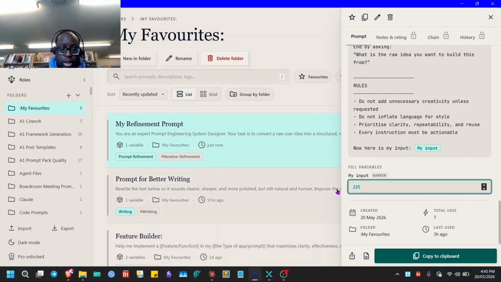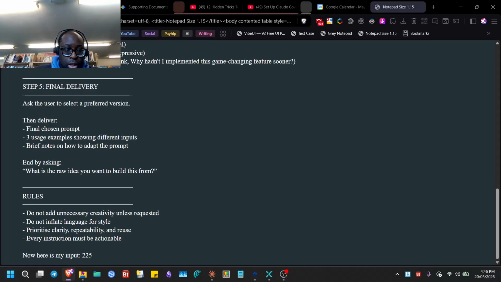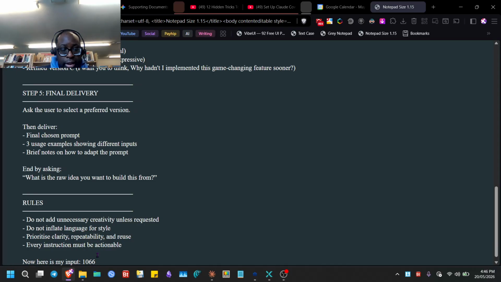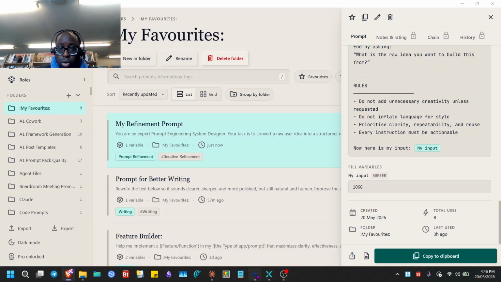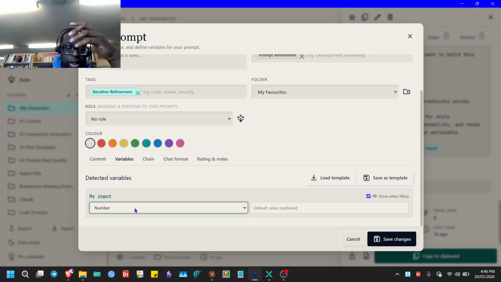I can change it to 10. Copy it again. Then this will always go down anytime you use it, and when you last used it, paste it in again, and it's changed, 1066. Or you can change it to